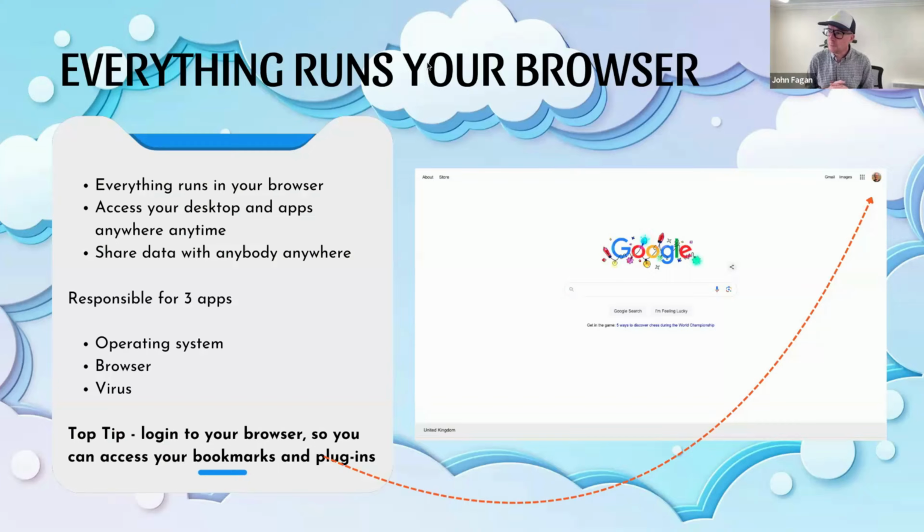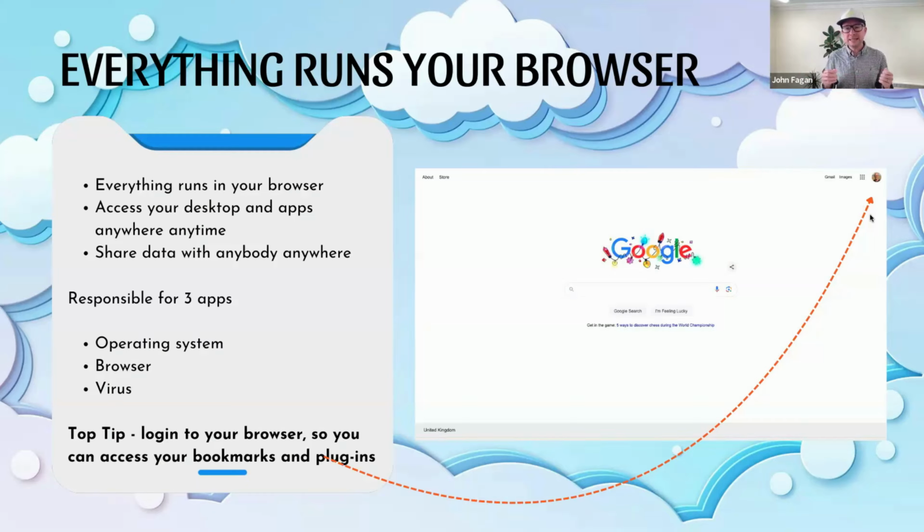And also, like a bonus top tip is log into your browser. In Edge and Chrome, and I think Safari as well, you can log into that browser with your account, or create an account with it, so that when you access the browser in different locations and log into it, all your bookmarks and any browser extensions that you've got installed come with it. Also, if you were saving passwords within the browser, they come with it.